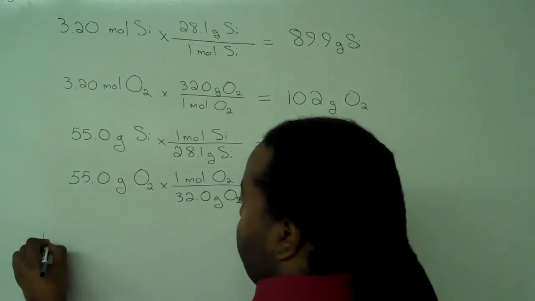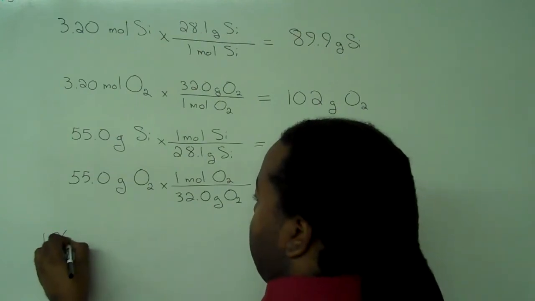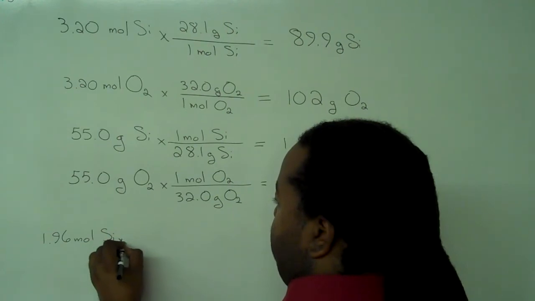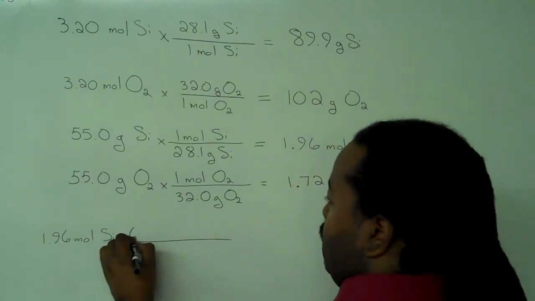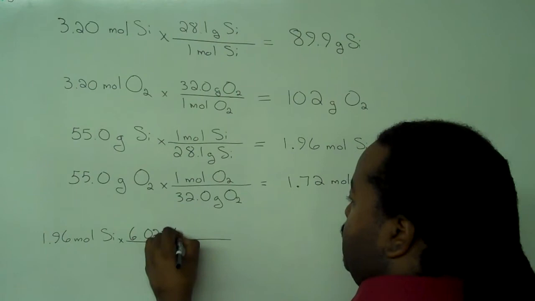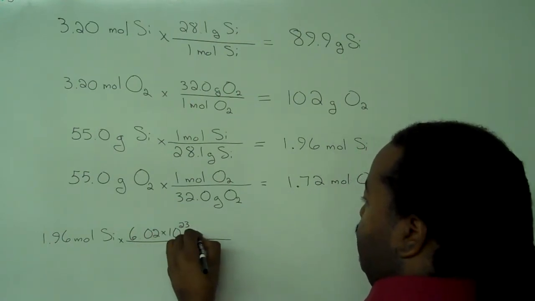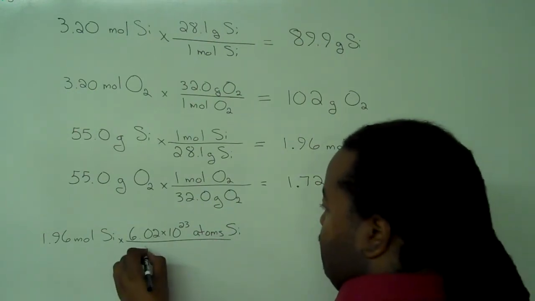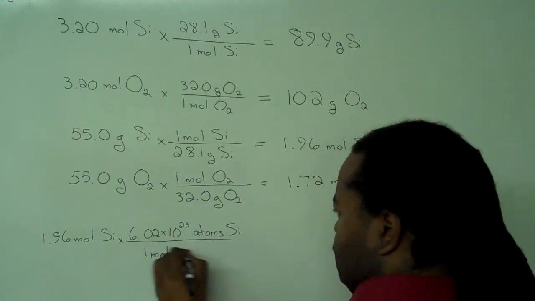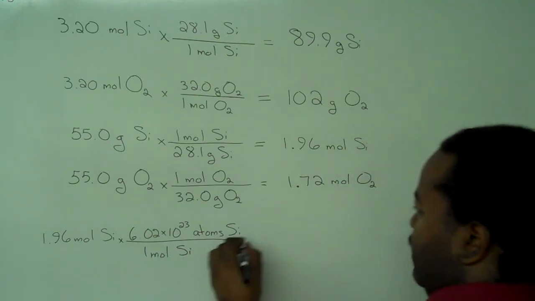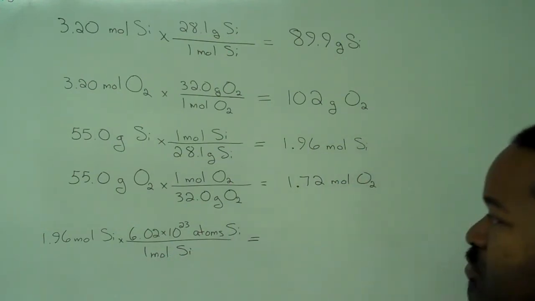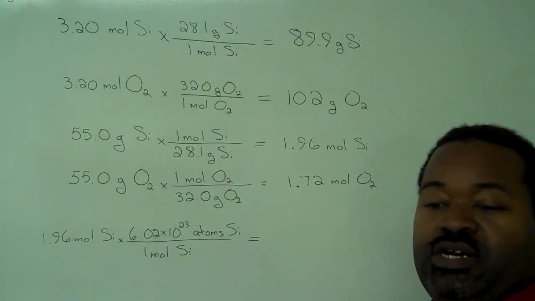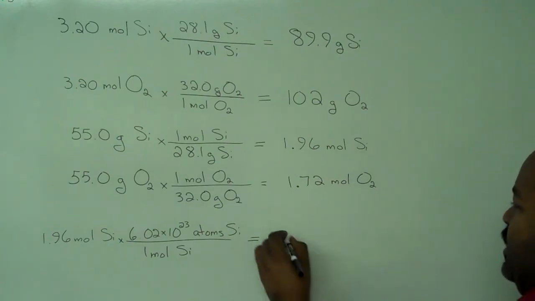of moles that we have here to determine how many atoms of silicon and how many molecules of oxygen we have. And that's because 1 mole of anything contains 6.02 times 10 to the 23rd copies of it. Just as a dozen of something will contain 12 of those items, or a pair of something will contain 2 of those items. So Avogadro's number times the number of moles for our silicon will give us 11.8